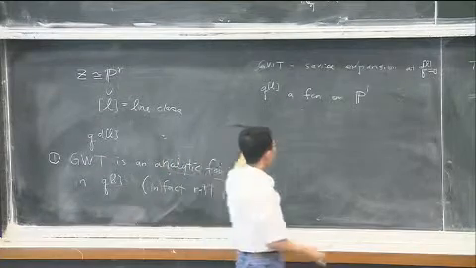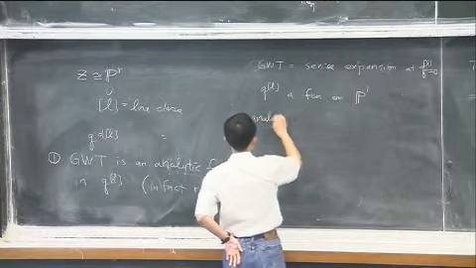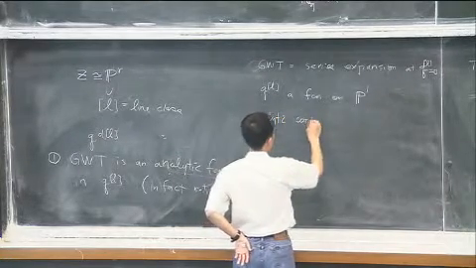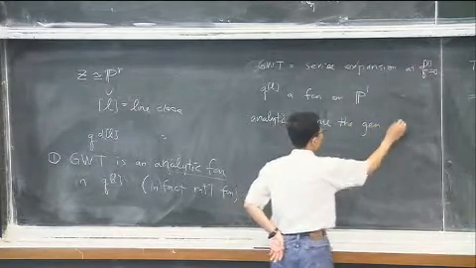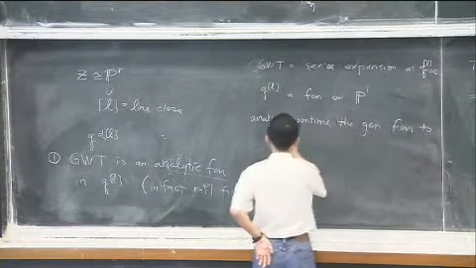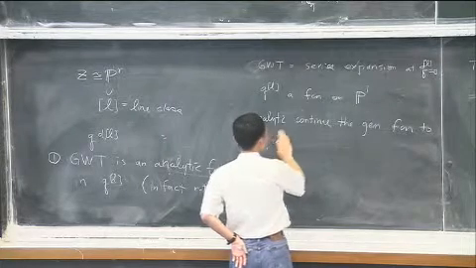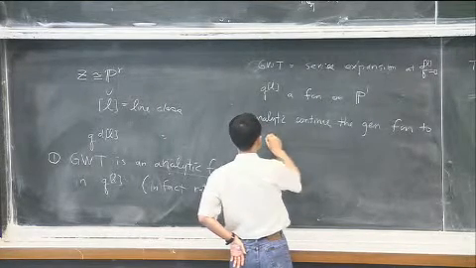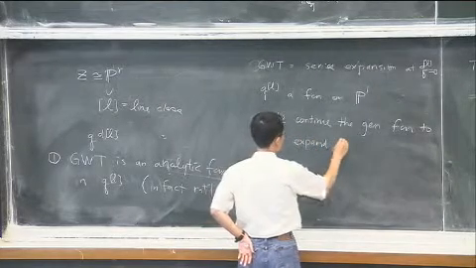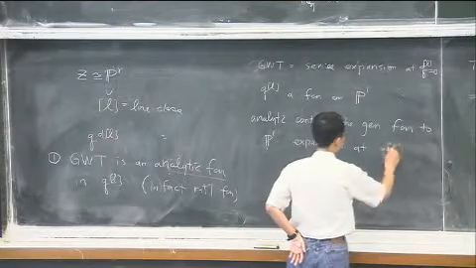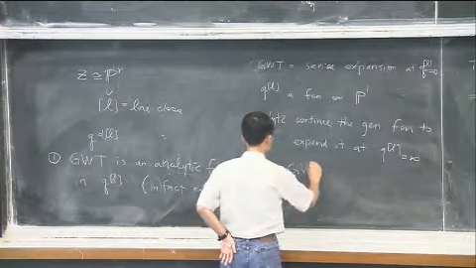Now, I analytically continue that to infinity, and I re-expand the generating function to P1 and expand it at Q_L equal to infinity. And then you get Gromov-Witten invariants